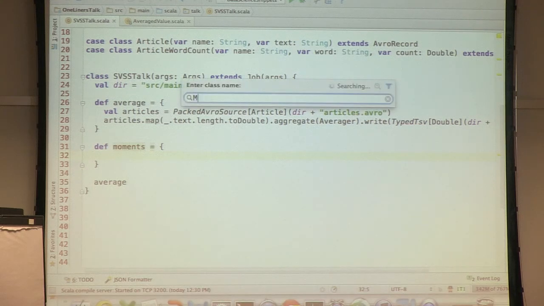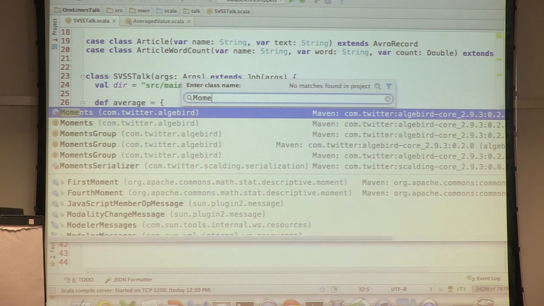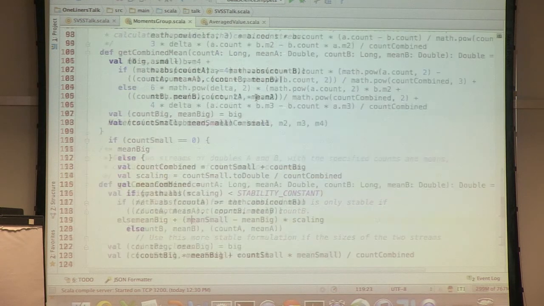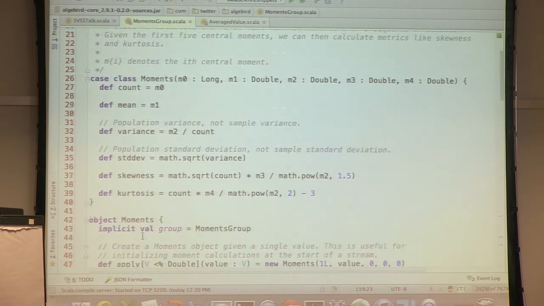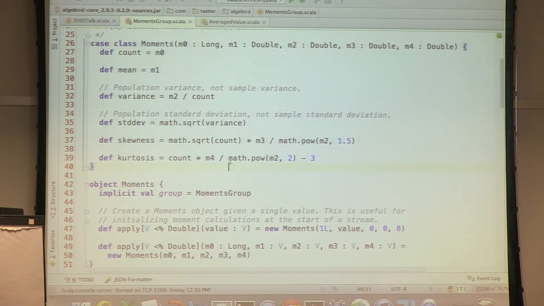So let's look at this class. Algebird has a class called Moments. Moments is pretty nice; if you see the case class here, it has parameters, and it also has a group for it. So the group can take all these parameters, and for those of you who don't know what a group is, it's basically like a monoid, but with negation and subtraction. And it calculates the count, the mean, the variance. Well, the standard deviation is just the square root of the variance, the skewness, and the kurtosis. So let's try to, but here you can see it's a case class. It's not an actual aggregator.